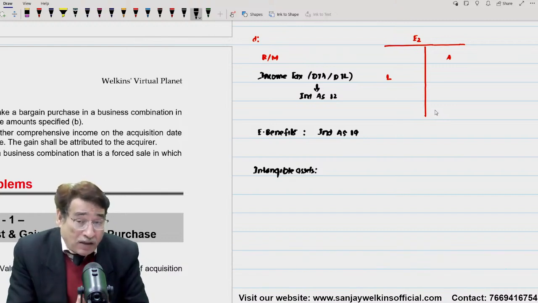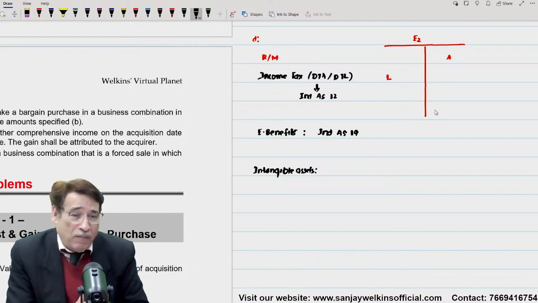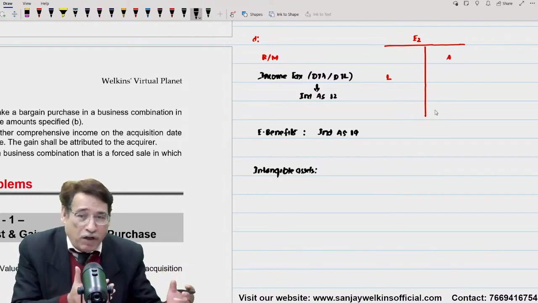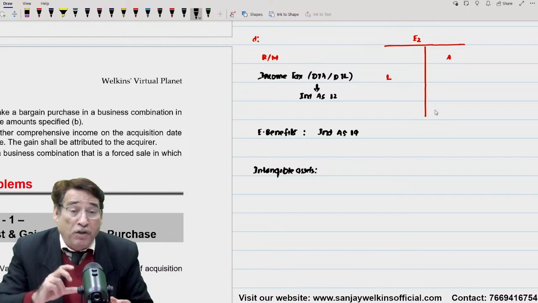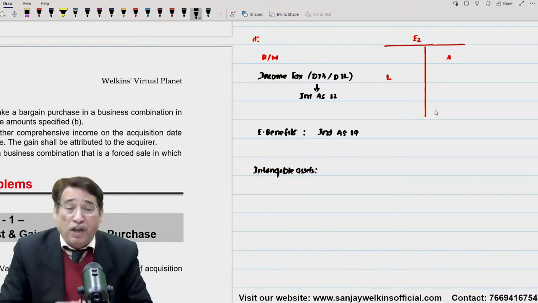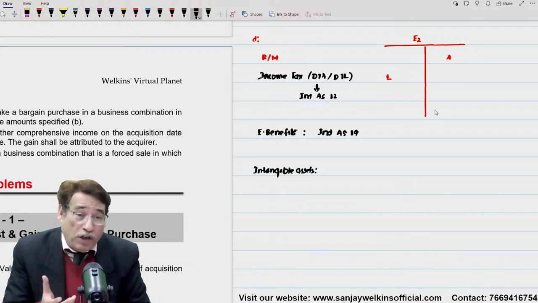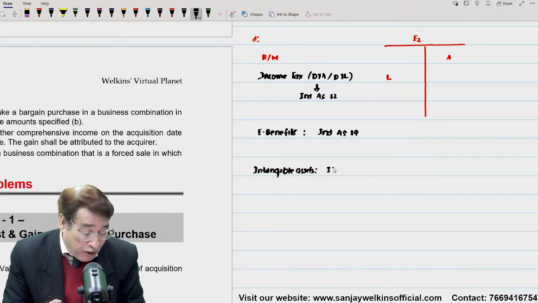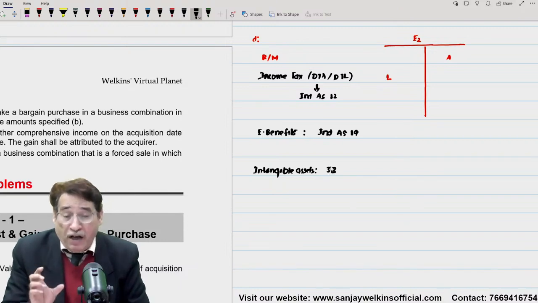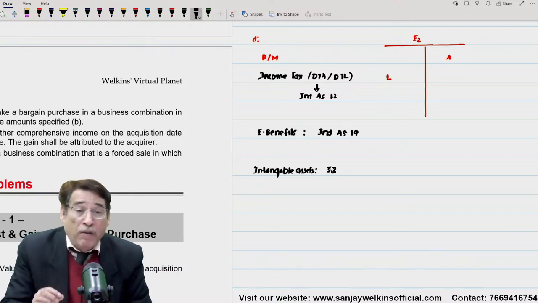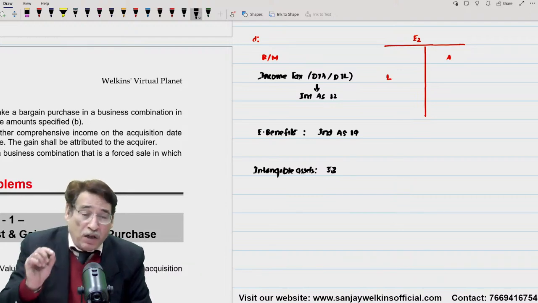So under the situation of business combination, you will have to be careful when you are taking over the assets and liability, and suddenly you come across a particular item or expenditure that actually meets the definition or the criteria of intangible assets. Is it clear to you? Then you will have to recognize that. That is the point which you need to understand. So intangible asset, provided they meet the separability criteria of Ind AS 38, then you will have to recognize that. These three items become exceptions to recognition and measurement.